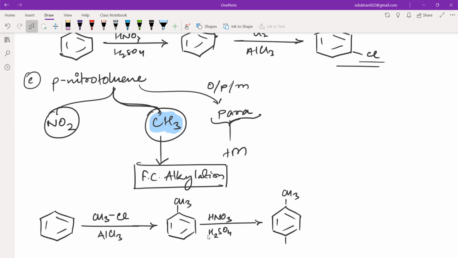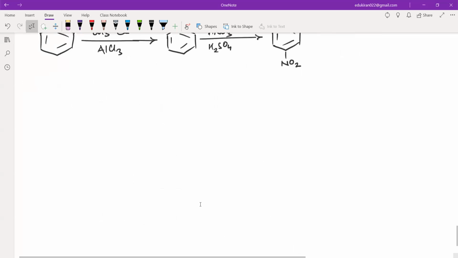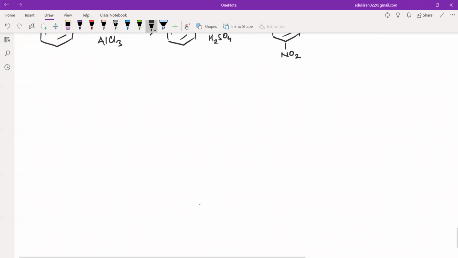So CH3 and I will be getting para-nitrotoluene। ऑर्थो प्रोडक्ट भी रहेगा, लेकिन ऑर्थो हमारे लिए जरूरत नहीं है। We just have to write these reactions here because we need to make p-nitrotoluene, that's it, okay? We just need to make p-nitrotoluene, okay? Now my suggestion to you is, whatever we have done, redo